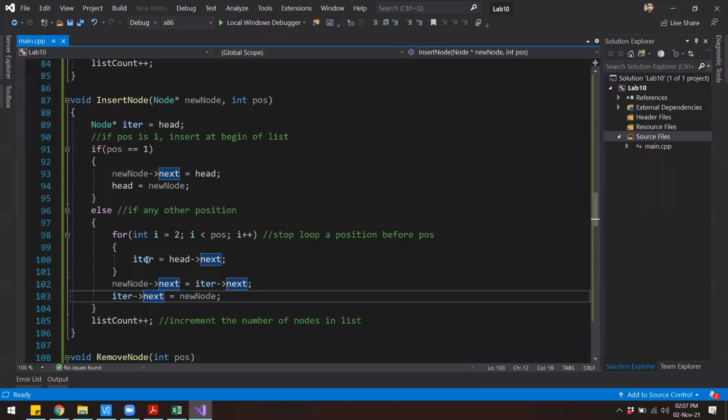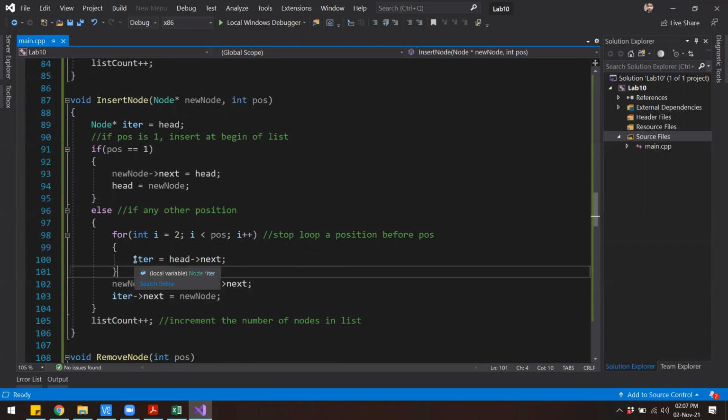So it says you start from 2, go all the way up till position, and in each iteration you do iter is equal to head arrow next. I think this is where the error is, right? Remember, we were getting an error or a different position when we were adding or inserting the data into our list, and this is where the error is.